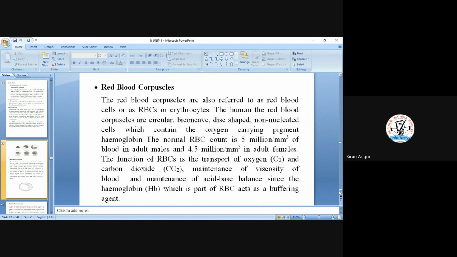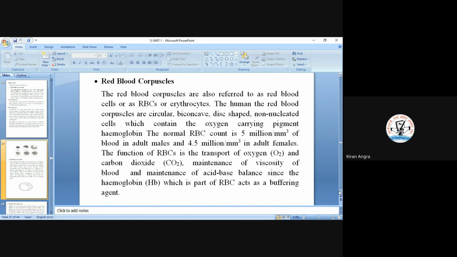The normal RBC count is 5 million per cubic millimeter of blood in adult males and 4.5 million per cubic millimeter in adult females. The function of RBCs is to transport oxygen and carbon dioxide, maintain the viscosity of blood, and maintain acid base balance,